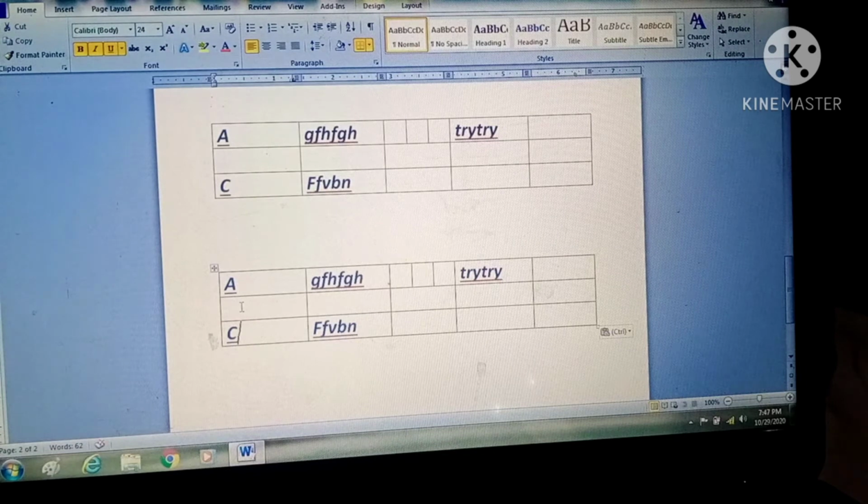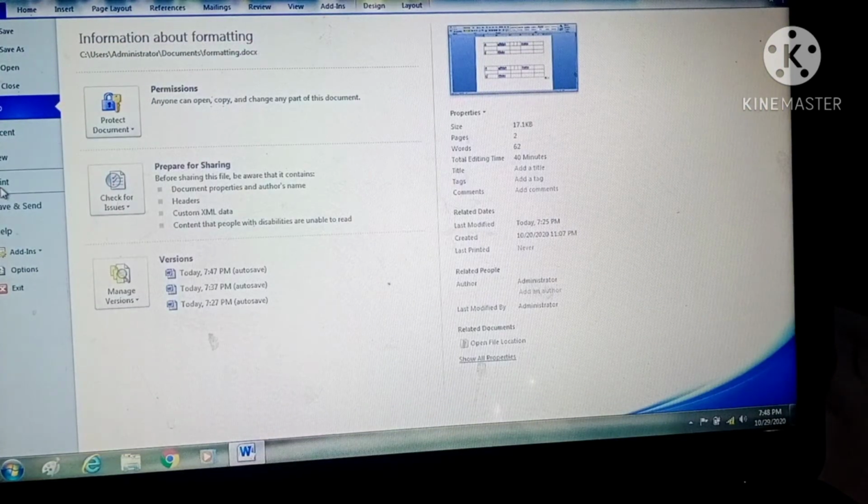This was all about a table, how you can insert a table and how you can do the many functions with these tables and many operations on these tables. Your next topic is how you can print a document. It's a very small topic, how we can print a document. If you want to print the page, just click on this file.